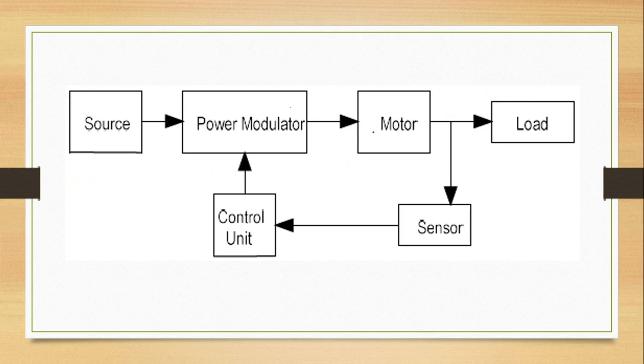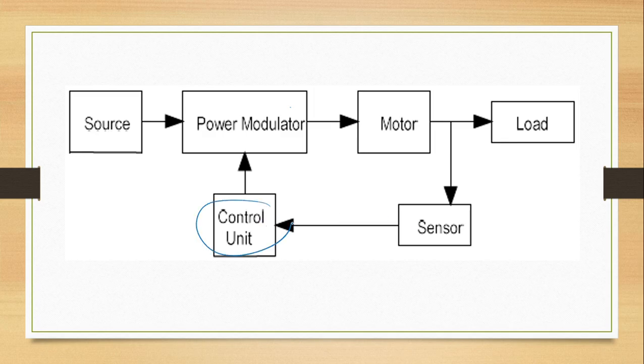You can see the feedback over here. From the output of the motor, we are connecting a sensor such that if you want to control the speed of the motor, or if you want to check whether the voltage provided is proper, or the current supplied is proper, or the speed. Basically, it's the speed because the motor is connected to the load. So you will connect an appropriate sensor over here, and the sensor will convert the particular signals into electrical signals,